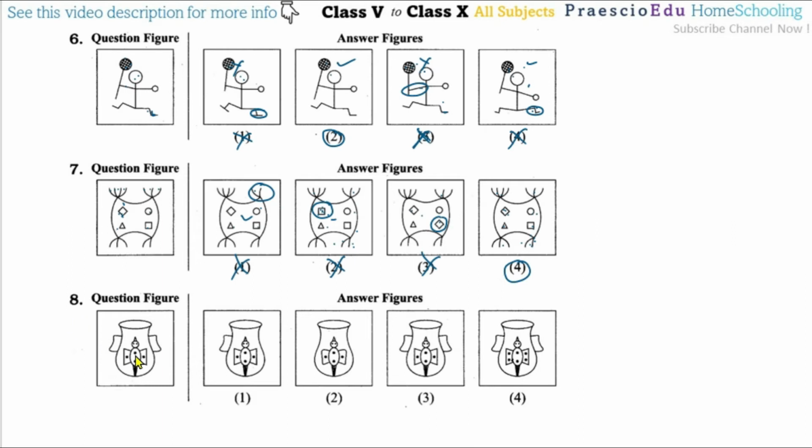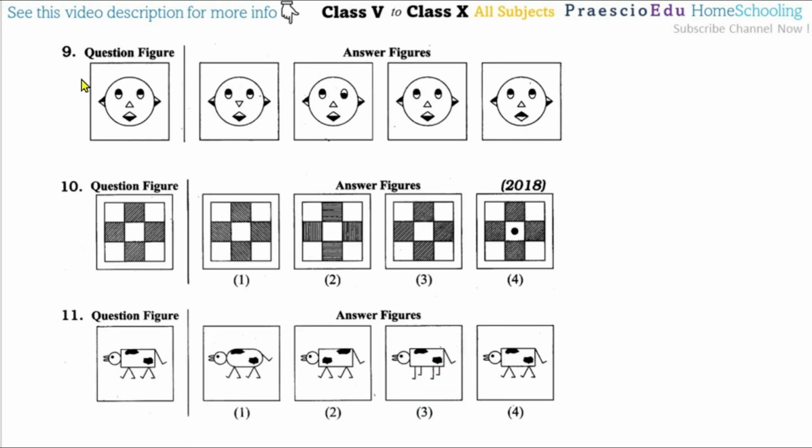Then question number 8. So these two corners, or we can say the nose for this cup, or we can say the flower part like this shape, and the 4 dots are there. 4 dots are here, here, here, they are the different dots, so this is incorrect. Now here this is absent, okay, so this we can say the nose, so this is incorrect. Then in between this one, this one is an ear for the holding purpose, this is absent, so only one figure is there, so this is perfectly matching. So option number 3 is the answer.